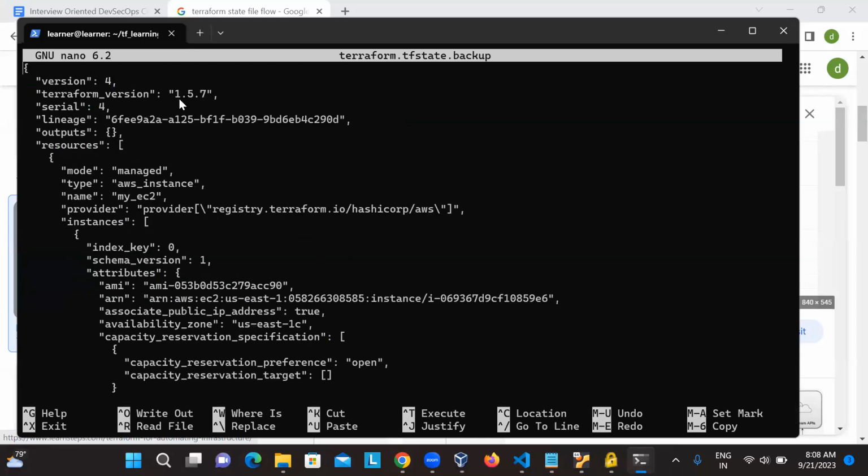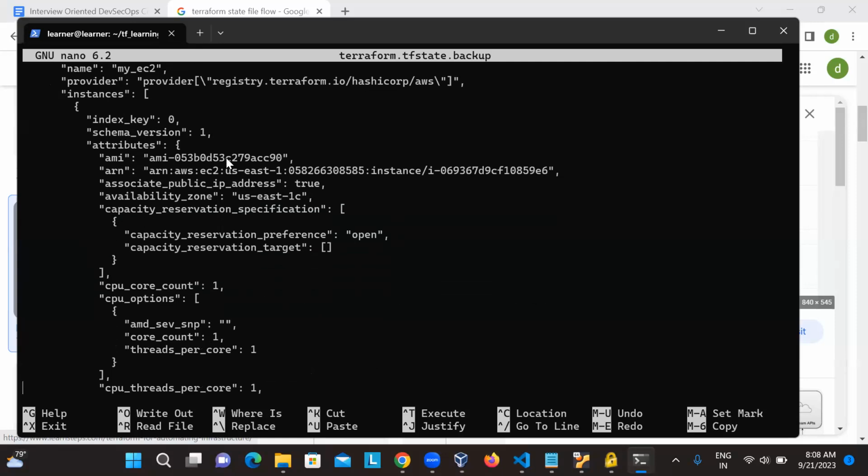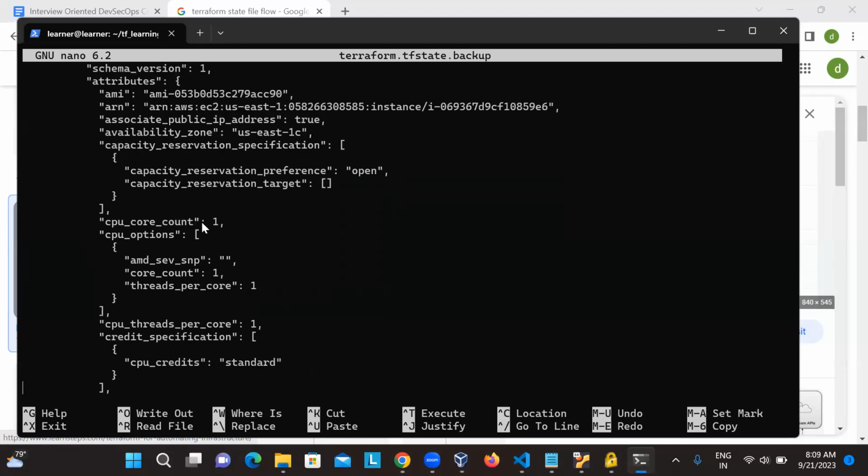We have used Terraform version 1.5, and one of the total resources is this, and the mode is this. The mode is managed mode, which is managed by Terraform itself, and the resource type is aws_instance. The instance name is my EC2, and it is provided by HashiCorp. If you see the instance details here, there are attributes like what AMI ID you have used, what the ARN ID is, this is the instance ID, how many CPUs it is using, and what type, T2 micro, T2